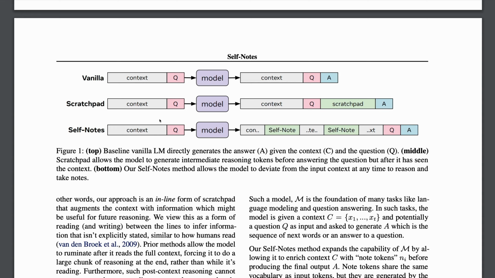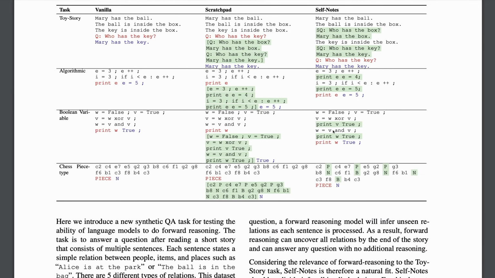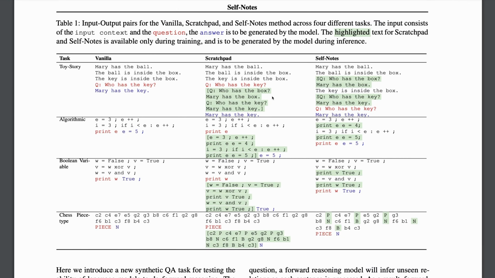And what the authors of the current paper propose is an approach which they call self-notes. The idea there is you're breaking down the context into multiple steps and performing intermediate reasoning, and allowing the model to also collect and distill the information several times before having to make the final output decision. To give you an illustration of how this works in practice, here we have a few examples for the task